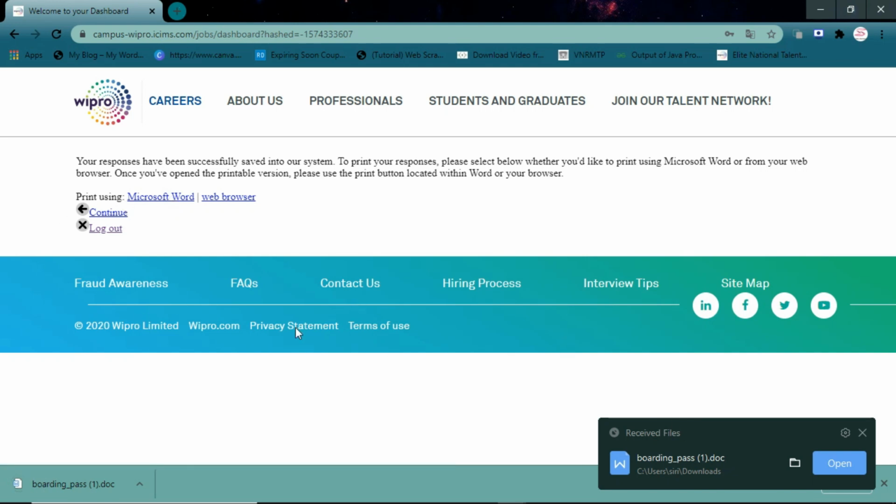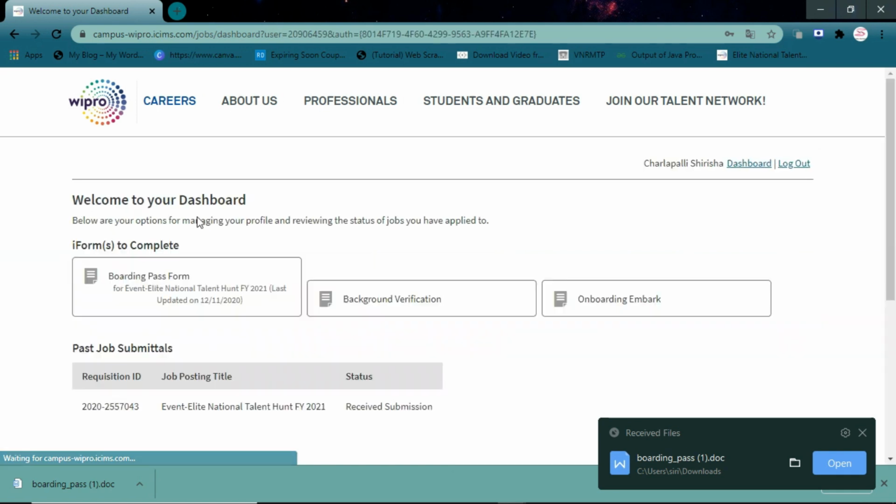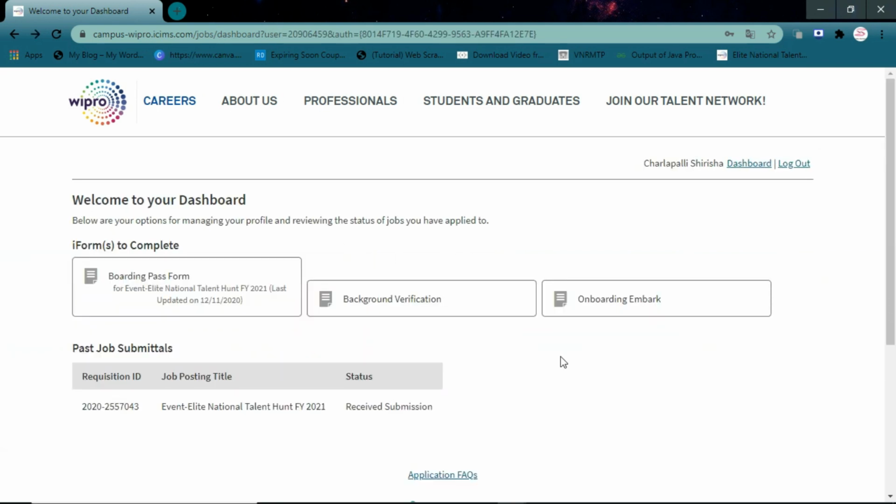And the documents you need to carry during the assessment and interview are this boarding pass form and your original Aadhaar card. In case you don't have an Aadhaar with you, you can carry any other government ID proof, that is PAN card, driving license, etc., and also your college ID card. So these are the things you are required to carry during the test.